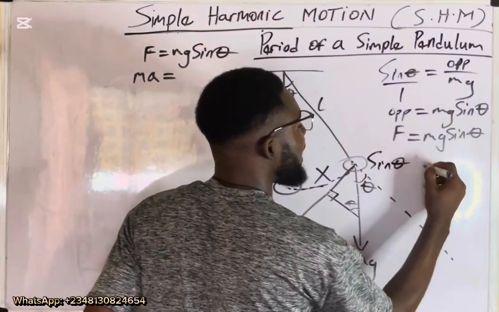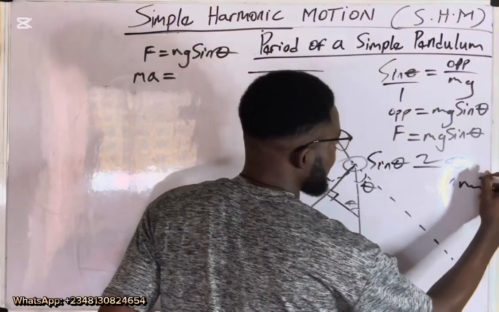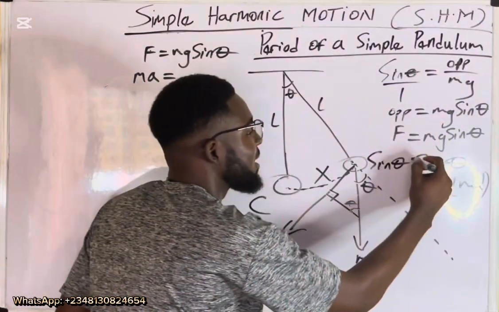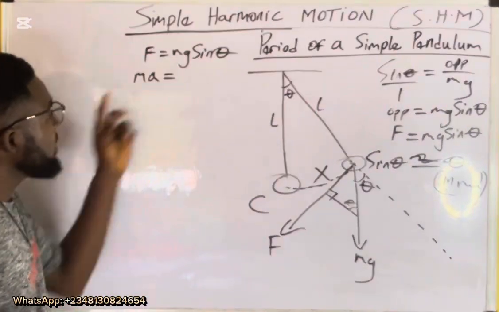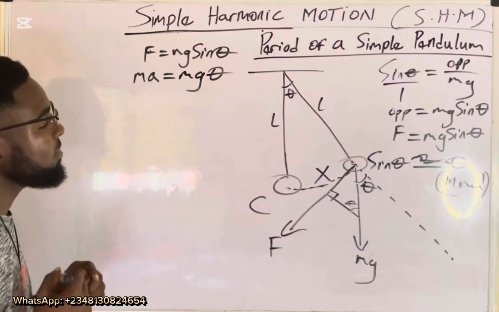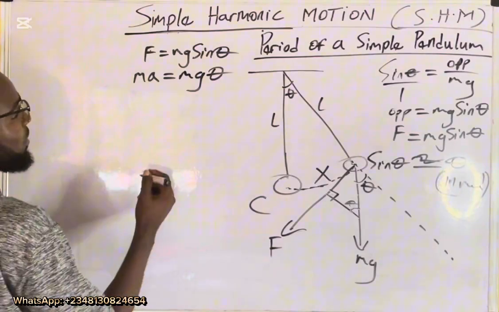Sine theta is approximately theta, in radians. Since we are using radians, this is mg theta, in radians. From here we can deduce that